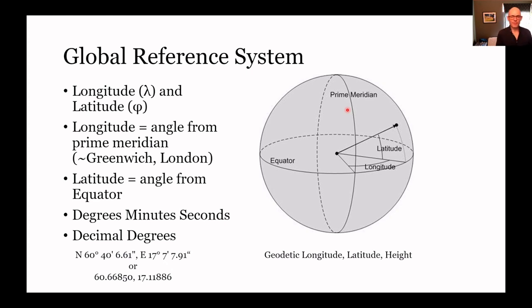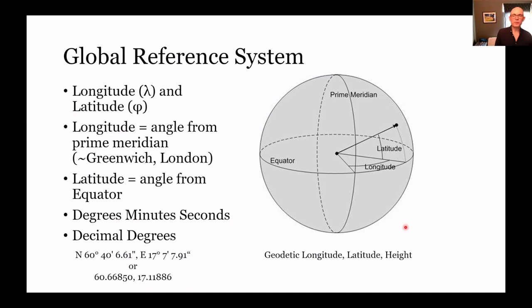It becomes quite difficult if we want a nice flat surface to be using angles, because it just changes all the time. It's a relatively straightforward calculation, but it's not convenient for our brains to think in those terms. So we'll need to do something about that later on. But for defining a point on a globe or on an ellipsoid or something like that, great, these angles are very useful. It's a better way of doing it.